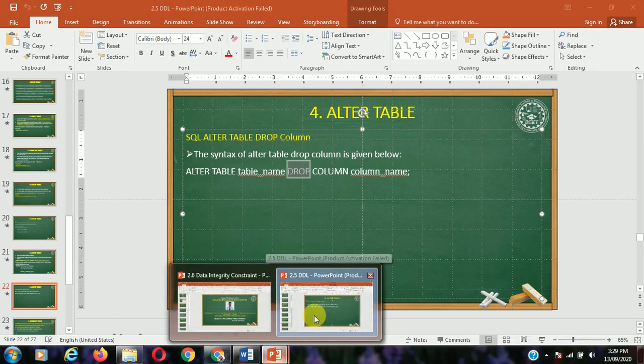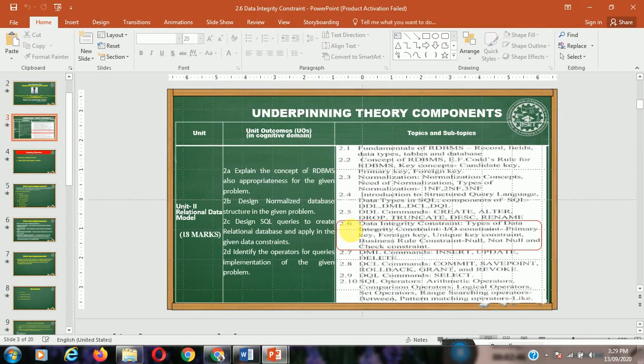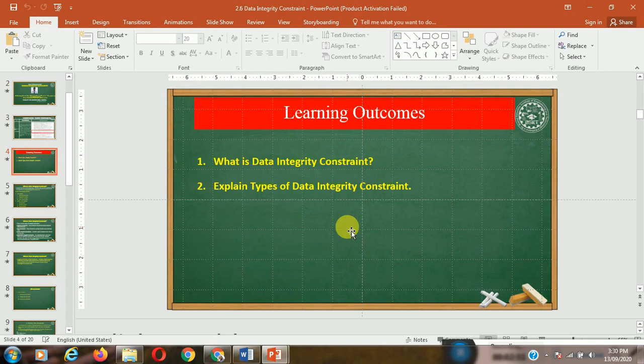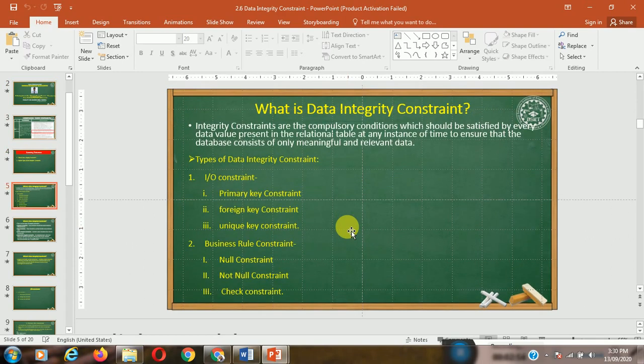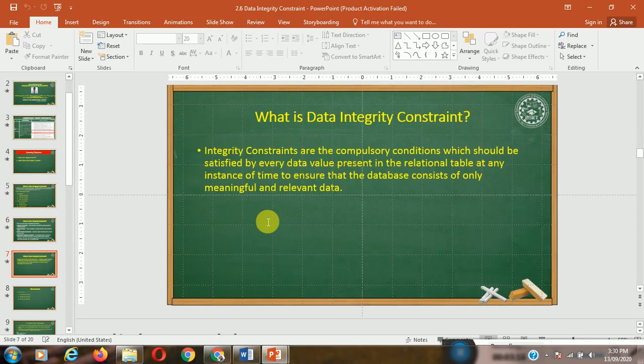Then we have to discuss constraints. Constraints are specific conditions given to a column to restrict the values in that column. Basically there are two types of constraints: IO constraints and business rules. In the IO constraints, primary key, foreign key and unique key constraints are there, and in business rules, null, not null and check constraints are there. So we can implement this in